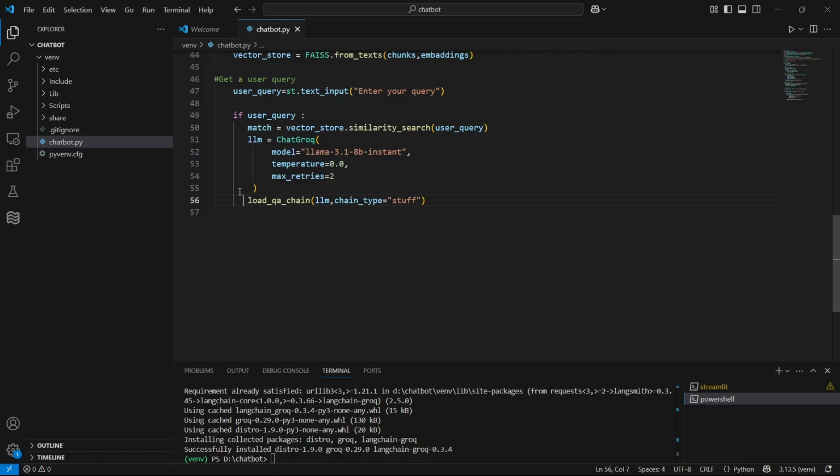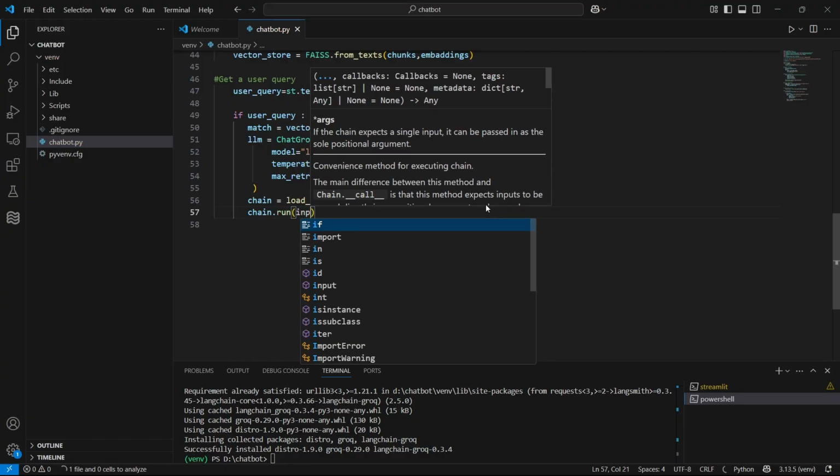So this load chain, and then we will store it in a variable called chain. So chain is basically a LangChain sequence of steps, like we upload the file, we get the query, then we pass it to the LLM. This is a sequence of steps that happen. So next we'll run this chain,